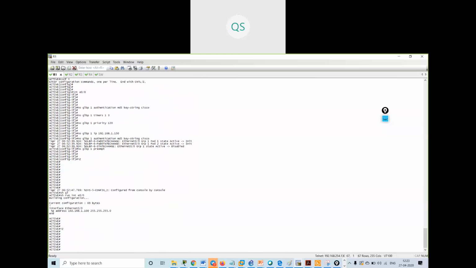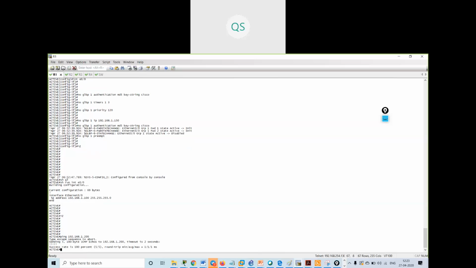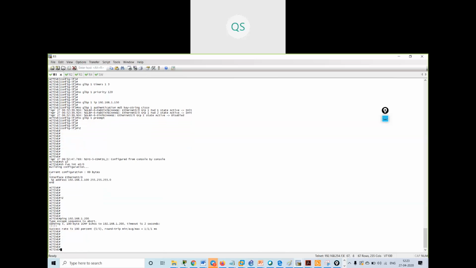I'm not having any configuration. Ping 192.168.1.200. I'm getting the reply. Okay. Now let me configure again.